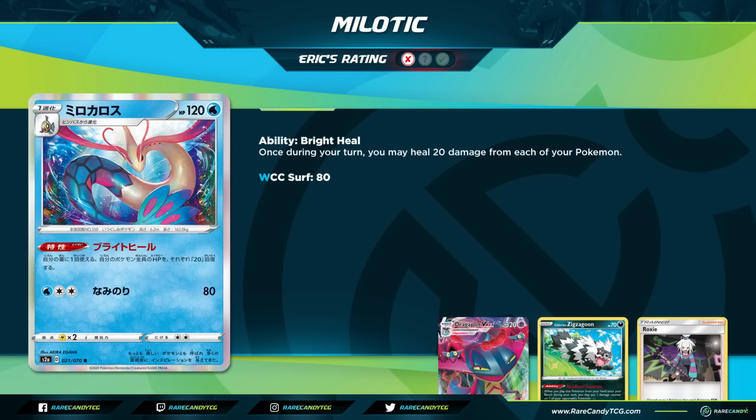Next up, guys, we have ourselves a new Milotic card. Milotic is a stage 1 with 120 HP, lightning weakness, and a 2 retreat cost, and we're looking at really just this ability here. It says once during your turn, you may heal 20 damage from each of your Pokemon. So simple enough. And one thing I do like about this card is that it does work